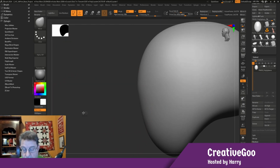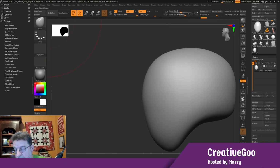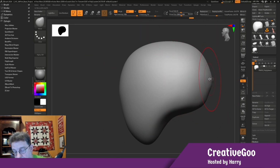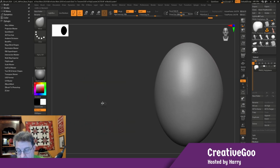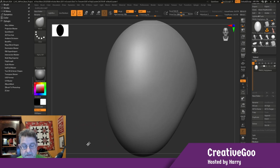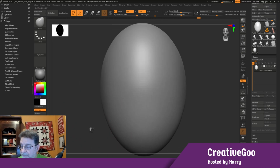All right, so you can see really quickly just by moving the clay around, I can get close to what I'm looking for. Let me make the brush a little bit smaller. And I'm sorry I lost the skulls, but I think you guys can see that we're getting somewhere. And then you had a question about